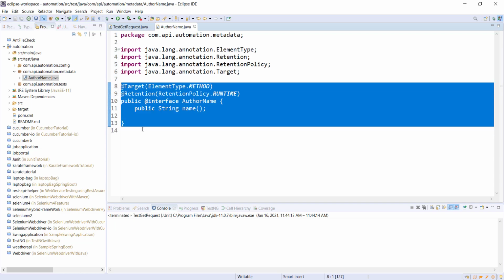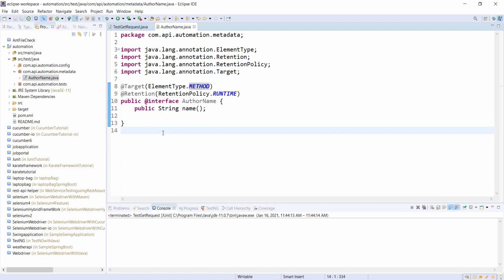So this is the annotation which I'm going to use with the JUnit test method to specify the author name. After that, we need to write our own custom runner, which is going to use this annotation for attaching the name of the author with the test method name.